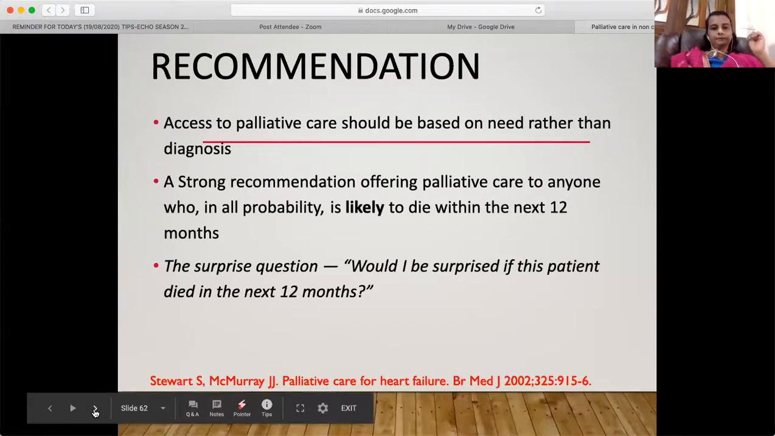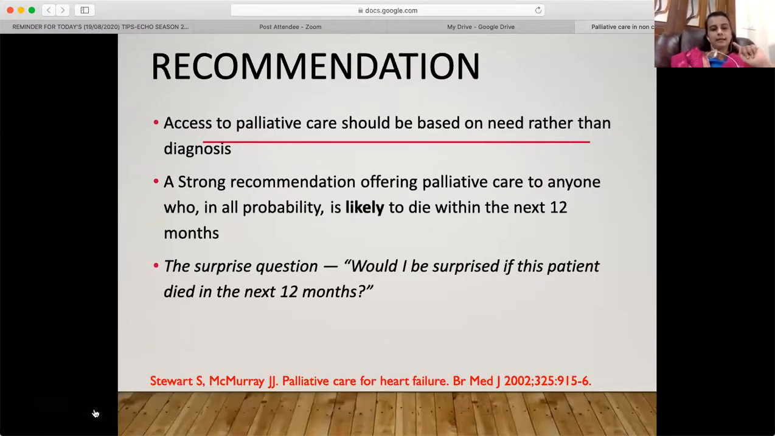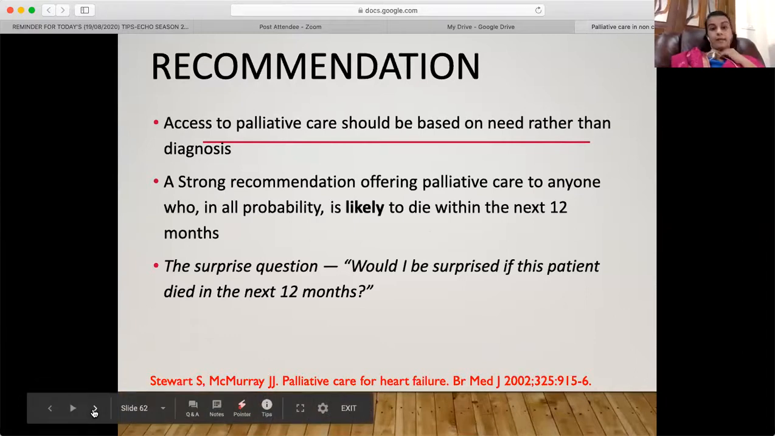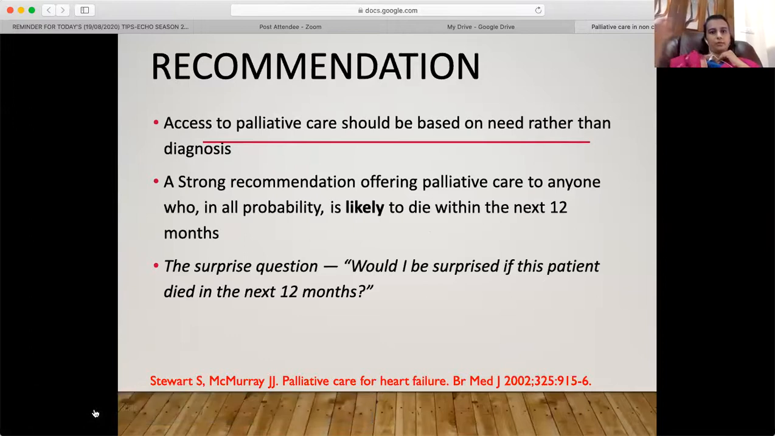So another thing that is recommended is the surprise question. Imagine you're seeing a patient in an OPD and you ask yourself this question: is this patient likely to die within the next 12 months, or would I be surprised if this patient died in the next 12 months? If I am not surprised, that means he's likely to die in the next 12 months, then he